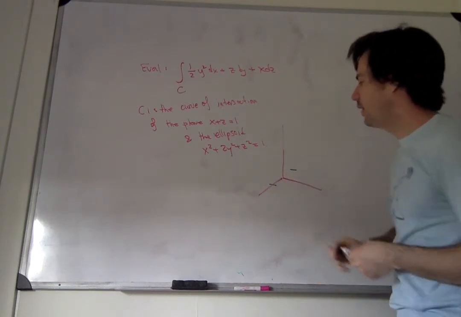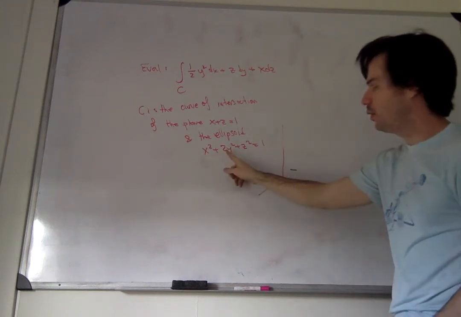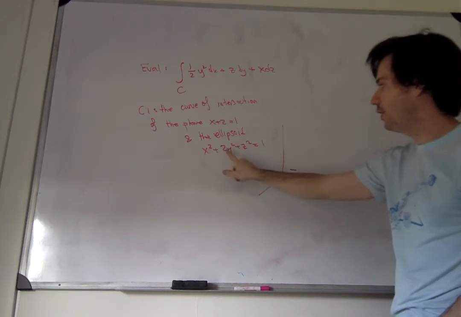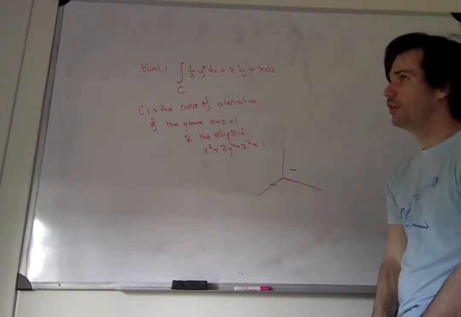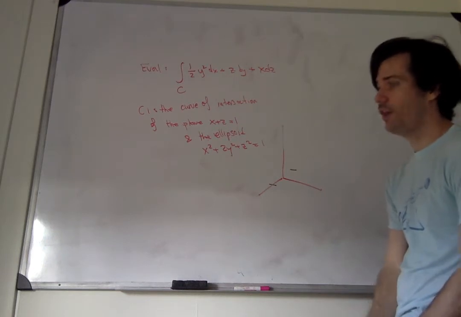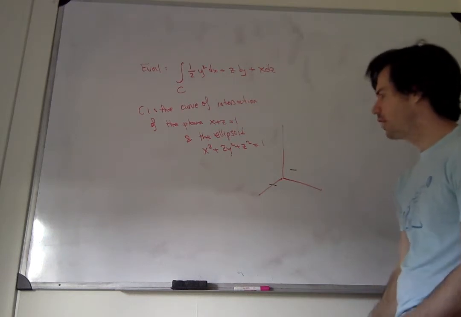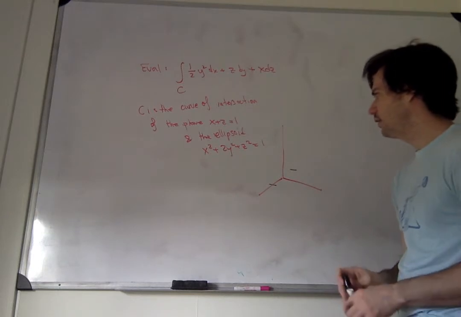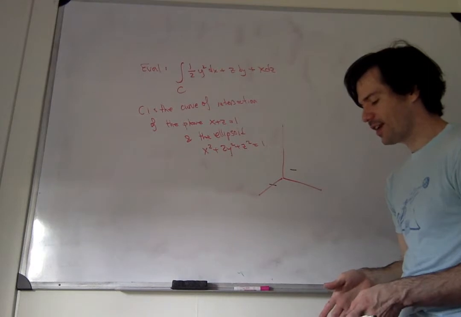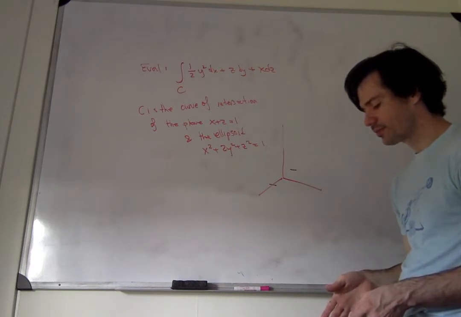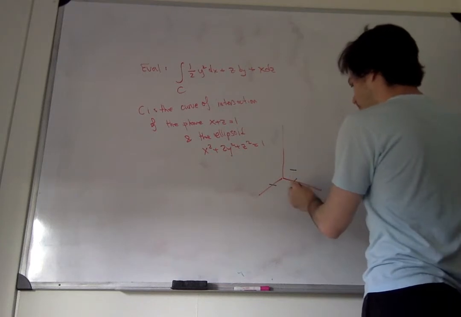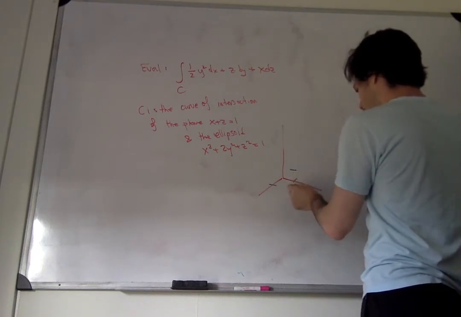Okay, and then if z and x are 0, then y squared has to equal 1/2, right? And if y squared has to equal 1/2, then y has to equal 1 over the square root of 2. So